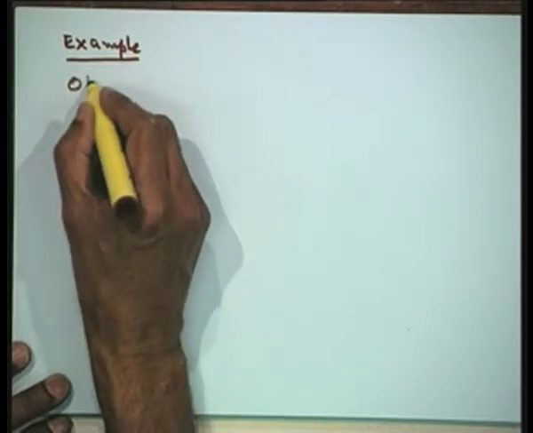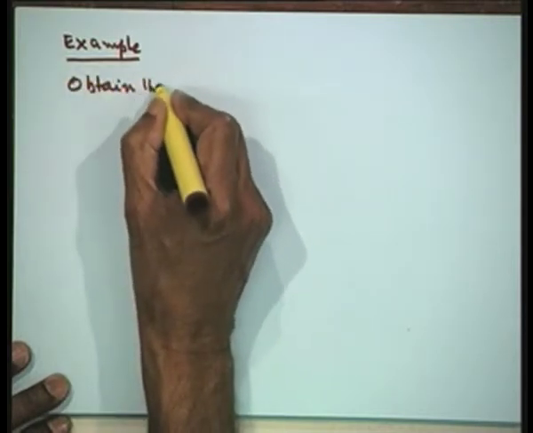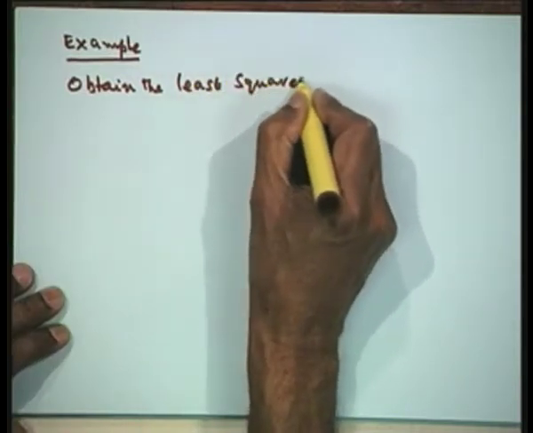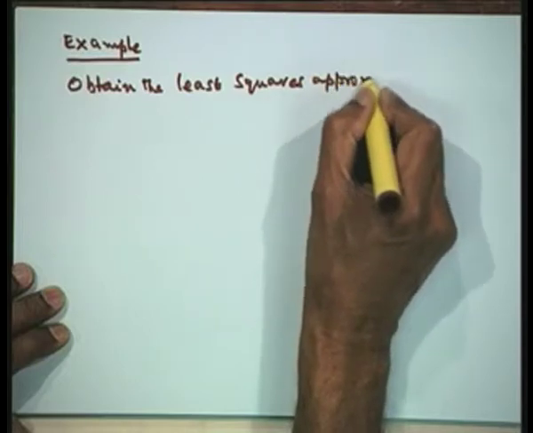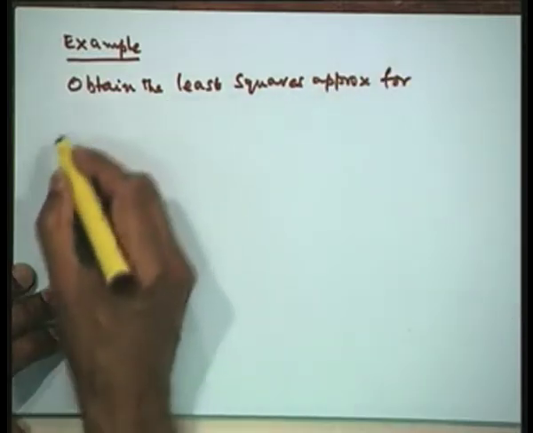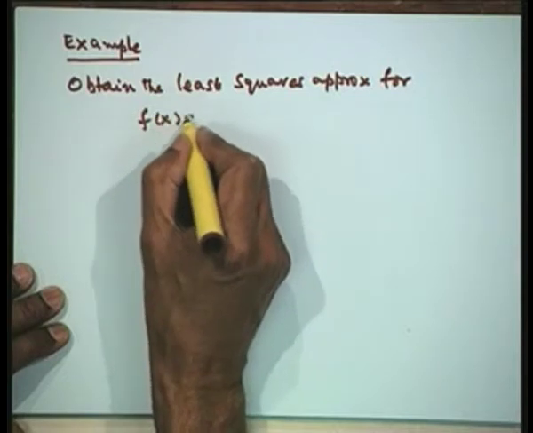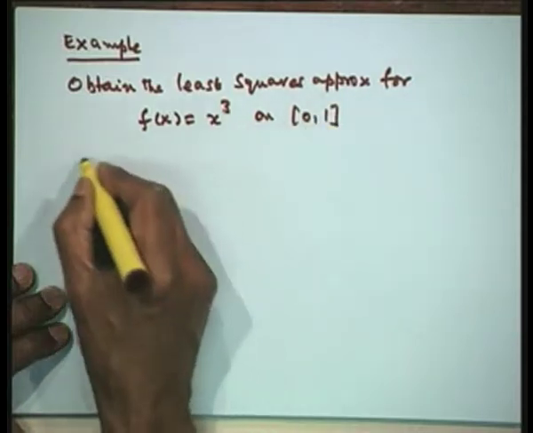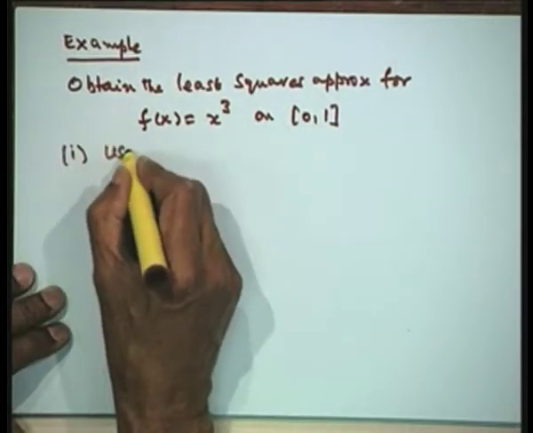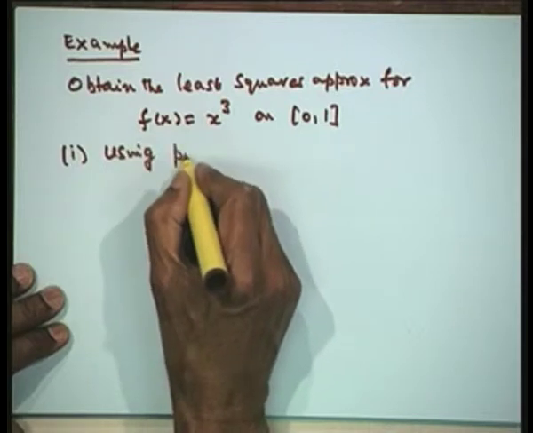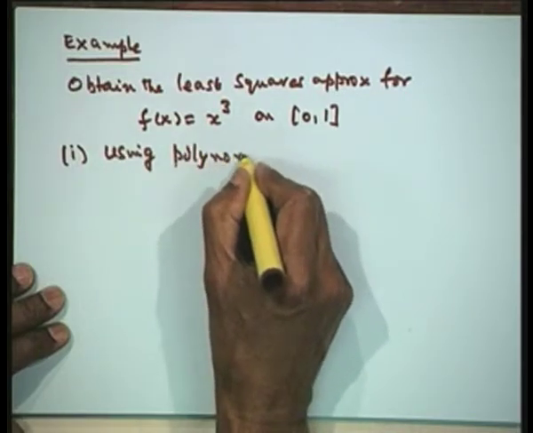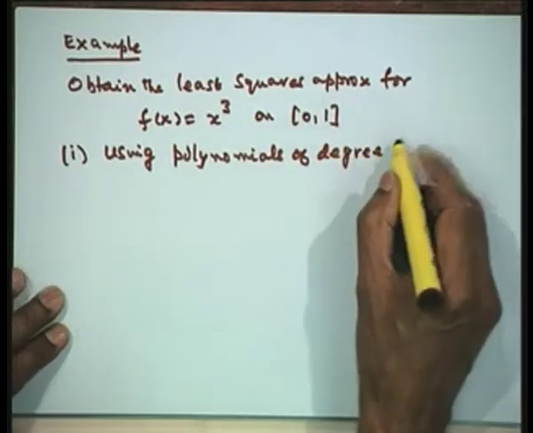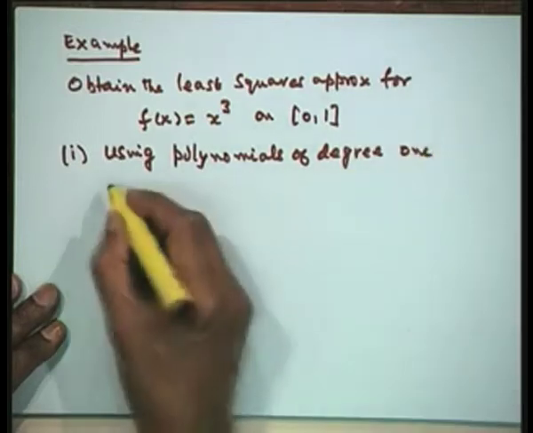Obtain the least square approximation for a simple function, let us take this on 0 1 using polynomials of degree 1 and 2,